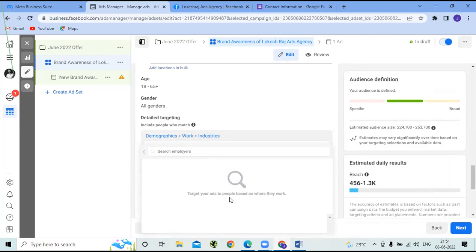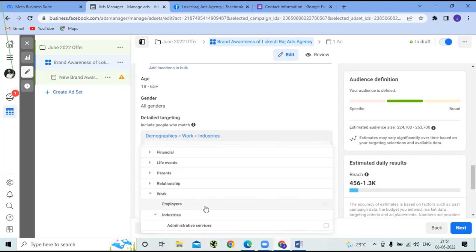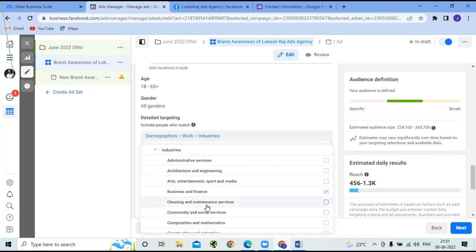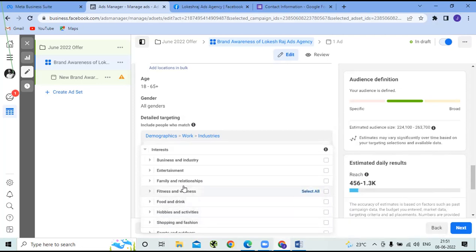नहीं, बिजनेस, एम्प्लॉयर्स एंड पे इंडस्ट्री। यहाँ एम्प्लॉयर्स पे क्लिक किया तो यहाँ आपको किसी भी पर्टिकुलर कंपनी के अंदर, फॉर एग्जांपल, नहीं, आप बिजनेस एंड इंडस्ट्री सिलेक्ट करिए ना सर, प्लीज। इंटरेस्ट में पहले ऑप्शन है ना, बिजनेस एंड इंडस्ट्री। हाँ, यहाँ पे लेफ्ट हैंड साइड पे क्लिक किया आपने।